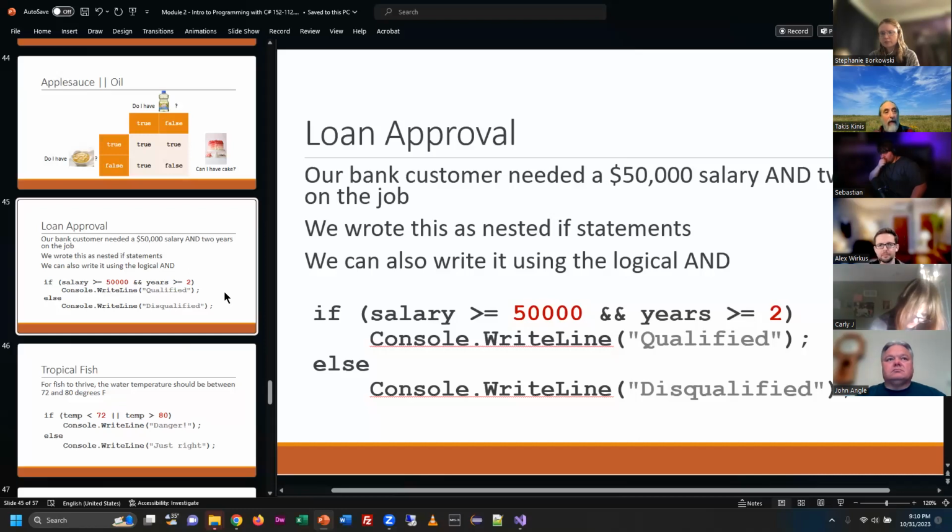Now in this scenario, since it's kind of like two ifs in a row, technically, I can combine them into the one statement with the logical and. I can ask both questions at once if both need to be true. So I can say salary greater than or equal to 50, and the years are greater than or equal to 2. So if both of those things are true, the person is qualified. Otherwise, they are disqualified. So you can see one advantage of using a compound statement like this is the fact that you can write a whole lot less code